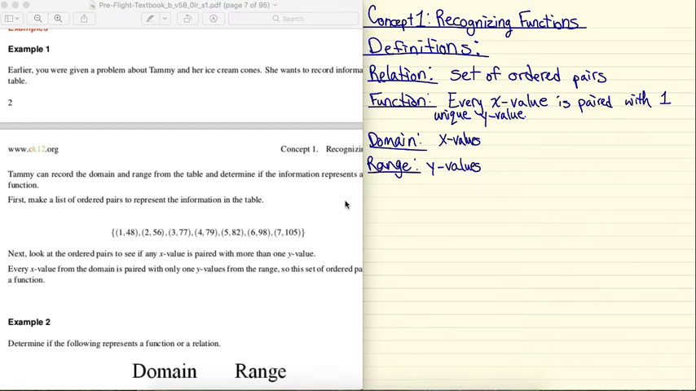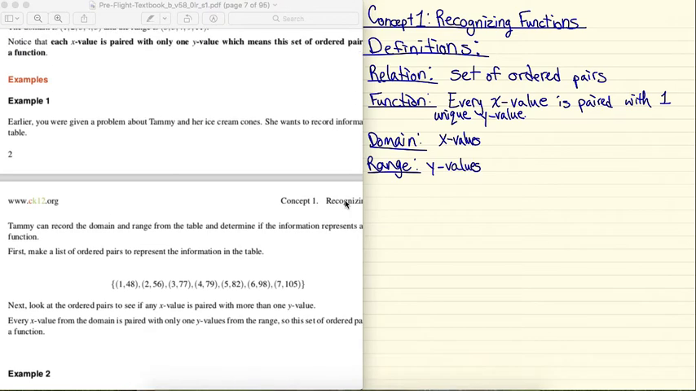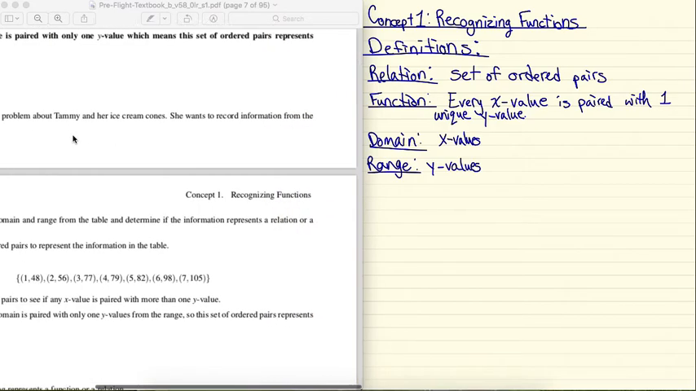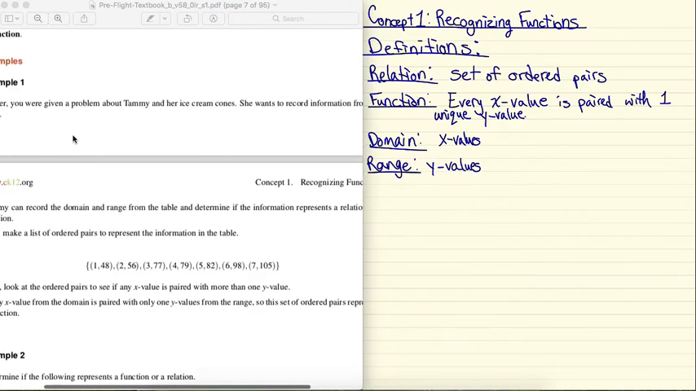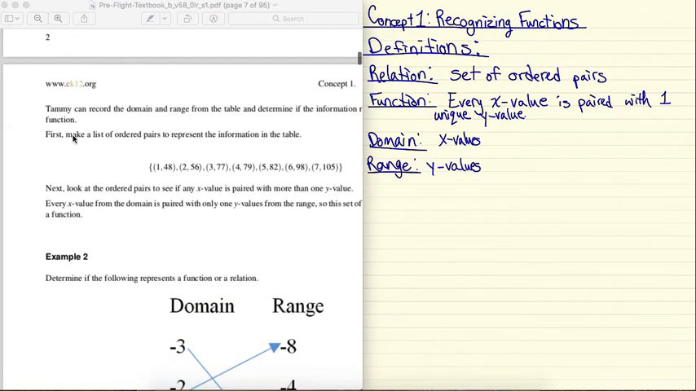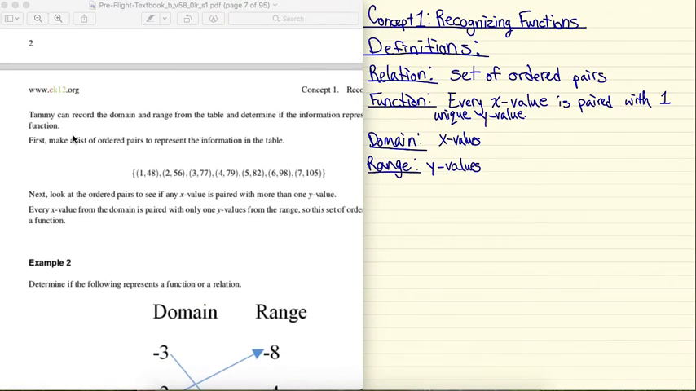Right, so let's take a look at example 1 in concept 1. So example 1, earlier you were given a problem about Tammy and her ice cream cones. She wants to record the information from her table. So what I'm going to do on my notes page